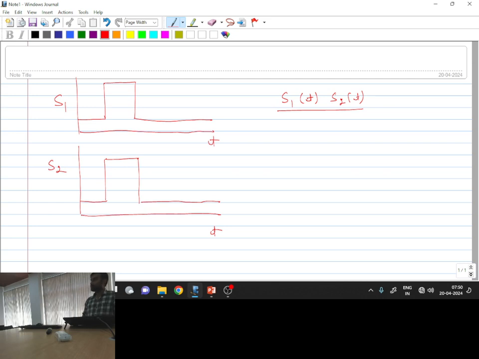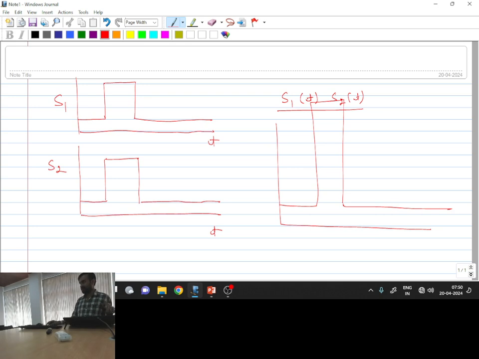S1(t) into S2(t), I will get some larger peak at this point. Okay, I will get some larger peak and then this type of thing. So it means that if I have two signals S1(t) and S2(t), both taken at different times, and we say that these signals are of similar nature, then if we multiply them and take the sum of their products, then ultimately